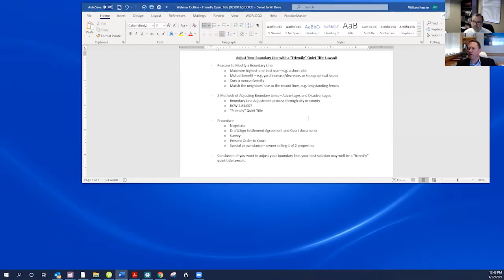Andrew, anything to add there? No, I don't think so. I mean, the conclusion is that you have options for adjusting a boundary line. There are many reasons why you may want to do that, and if you're contemplating that possibility, or contemplating a dispute over that property line, reaching out to an experienced real property lawyer is one of your first important moves. And here we purport to be exactly that.